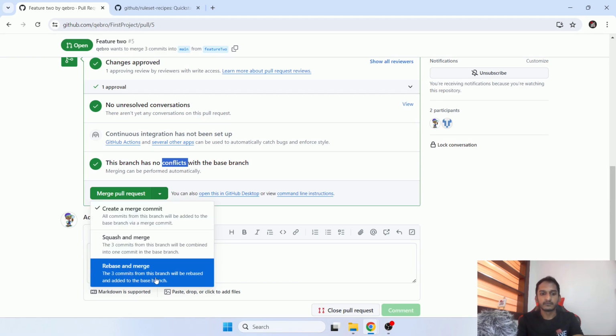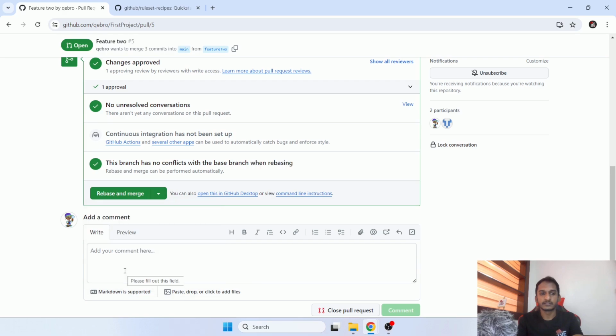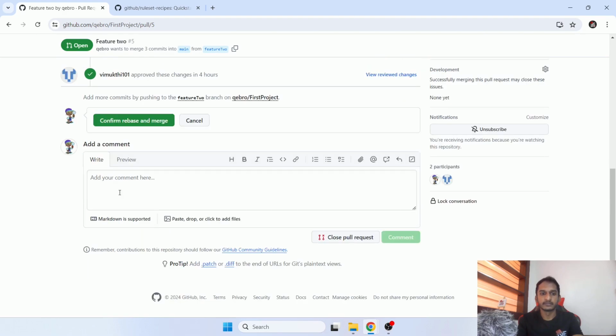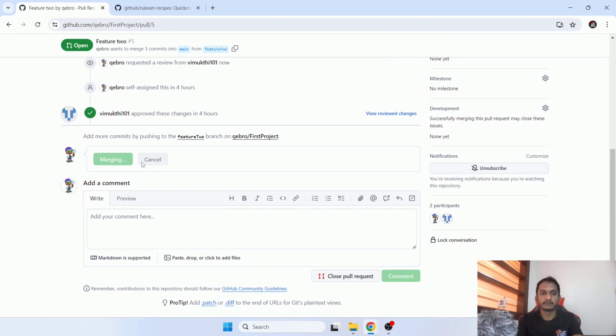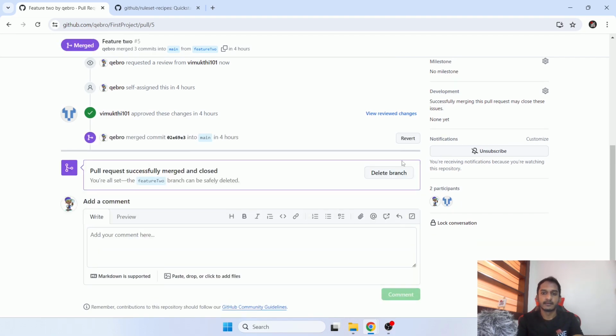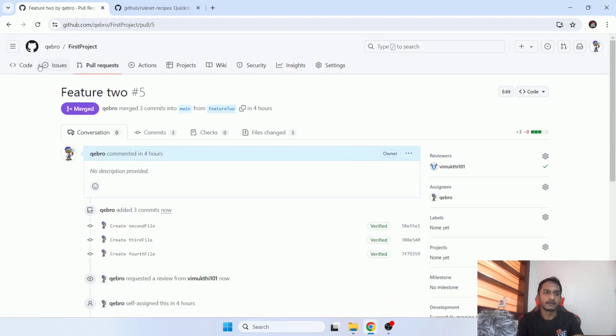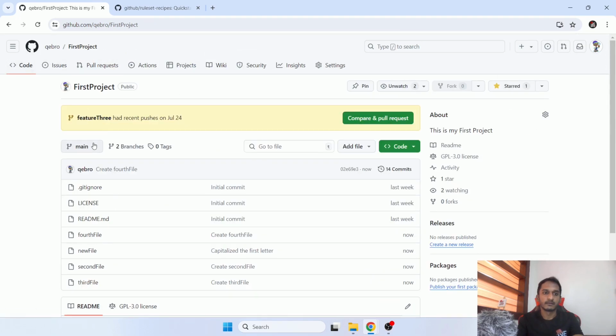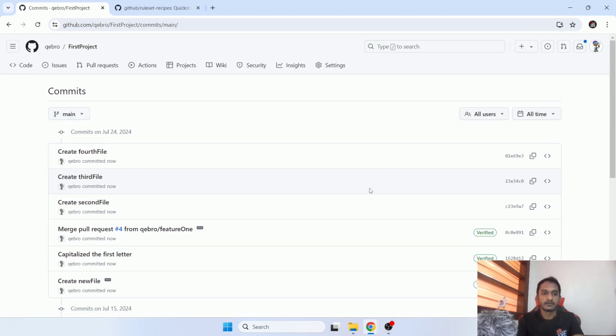The 3 commits from this branch will be rebased and added to the base branch. So I will select the rebase and merge option, click on rebase and merge, and confirm rebase and merge. And as usual, I will delete the branch. If I come back to the code, now you will not see the feature 2 here. And if you go to the commits, I can see this merge pull request, this was the last one, if you remember,